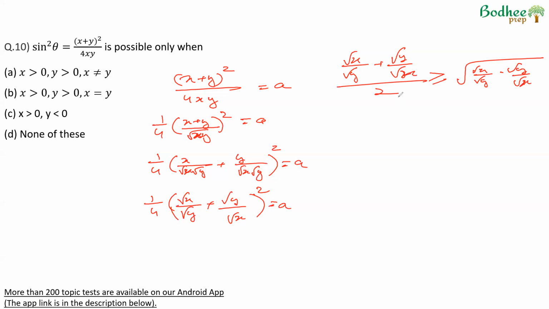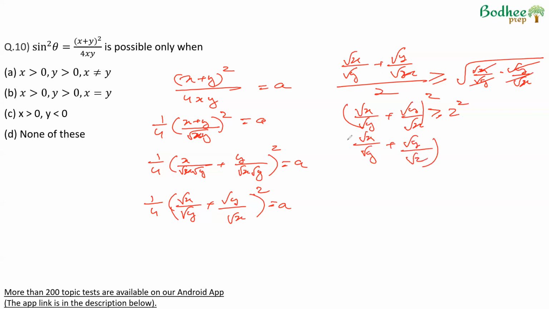And therefore, we can say that root of x upon root of y plus root of y upon root of x has to be greater than or equal to 2. Therefore, the square of it has to be greater than or equal to 2 square. So this term, (root of x upon root of y plus root of y upon root of x) whole square, has to be greater than or equal to 4. Therefore, 1 by 4 of this has to be greater than or equal to 1, which means a is greater than